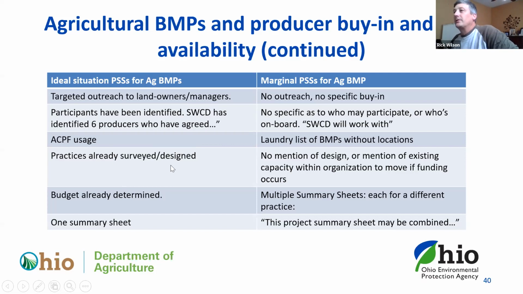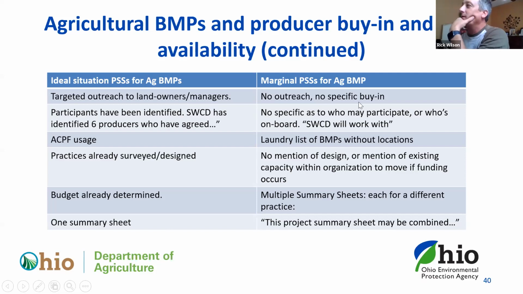Note in these project summaries that the practices are already surveyed or designed, the budget's already been laid out, and the entire project is defined. Let's say someone has five different landowners, they want to do four different types of practices, but you already know what each and every one of those are and where they'd be. That would be one good project. Might cost $200,000, might cost $80,000. That'd be one good project where you've specifically said we have four locations for six of these, four of these, 200 acres of this,